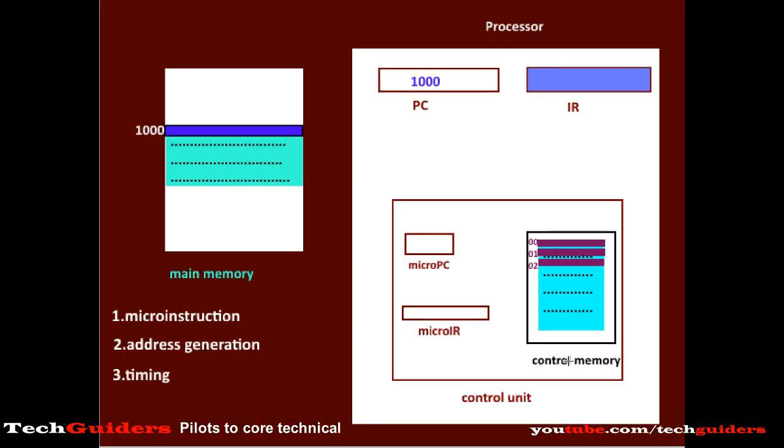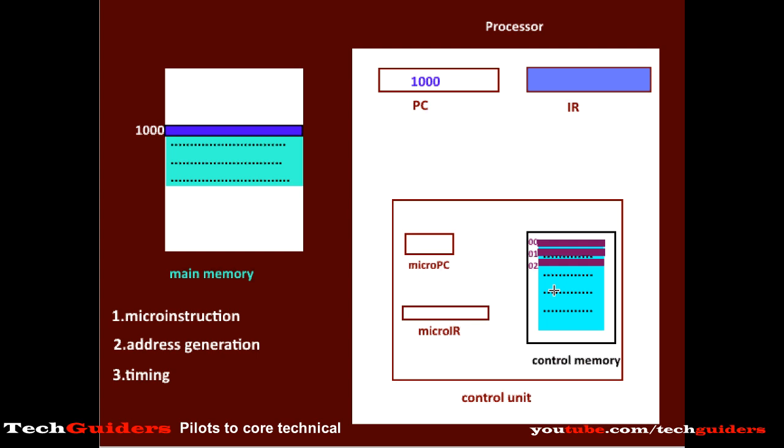We have seen how the control signal field in the microinstruction indicates the set of control signals to be generated while that microinstruction or control word is being loaded to the microinstruction register. But to generate these control signals in proper sequence or at the proper step, the microprogram counter should properly keep track of the microinstructions to be executed.